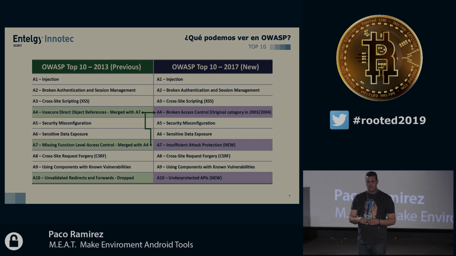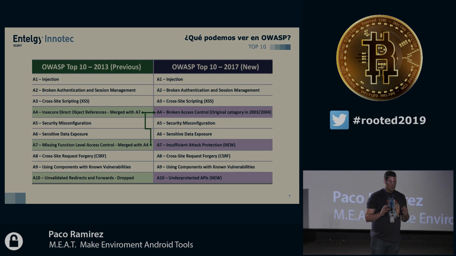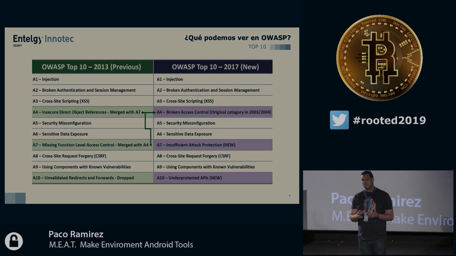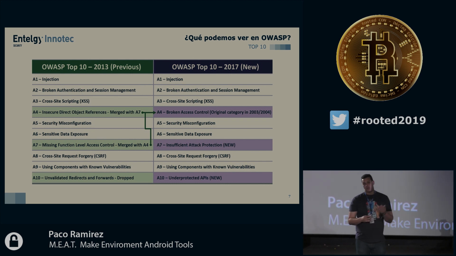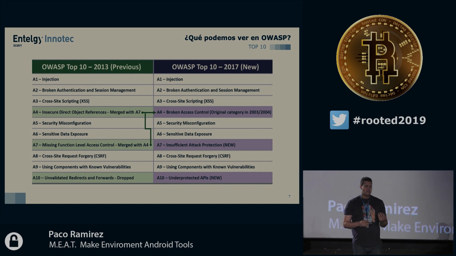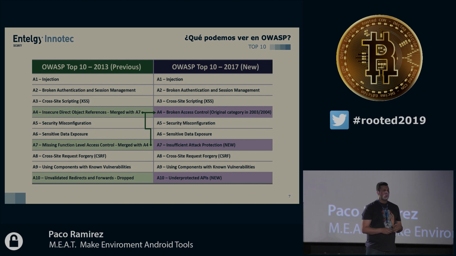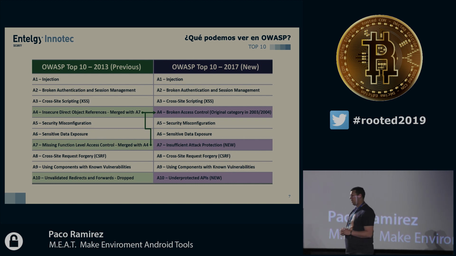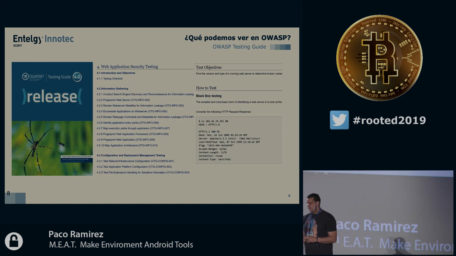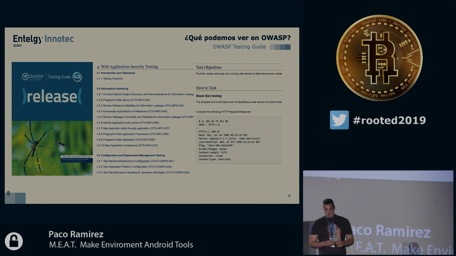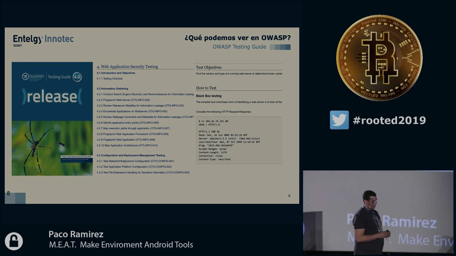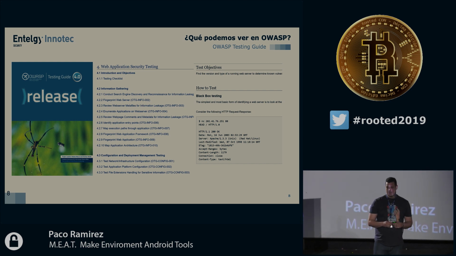So as you can see, here is the top 10. So the 10 most regular vulnerabilities in applications, and they are updated by OWASP, and these are the most frequent issues for this kind of applications. So for those of us working in hacking and pen testing, etc., one of the guides to follow